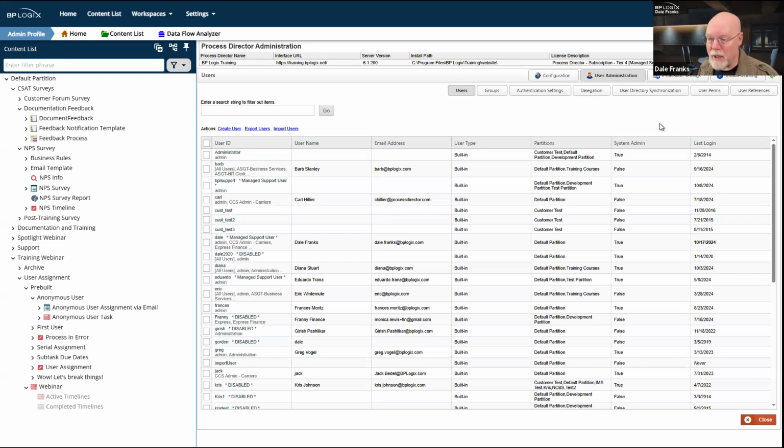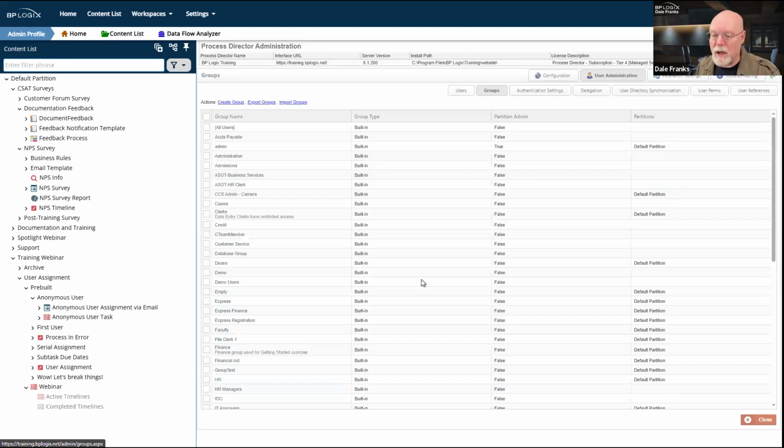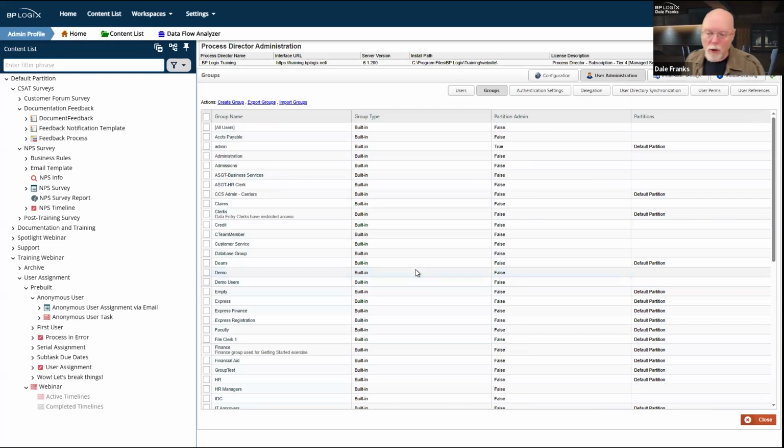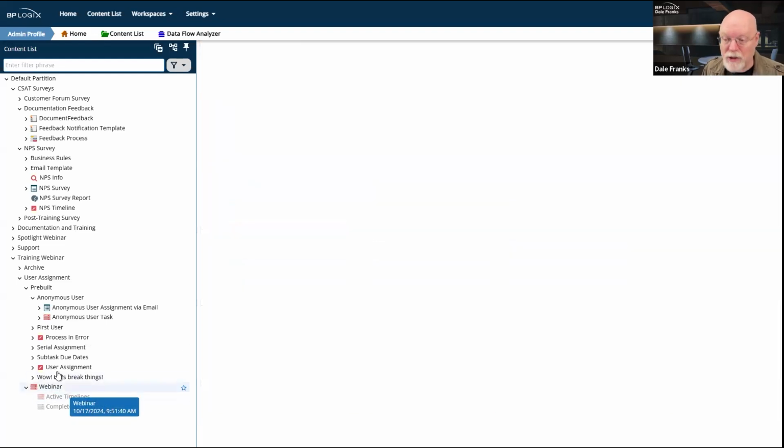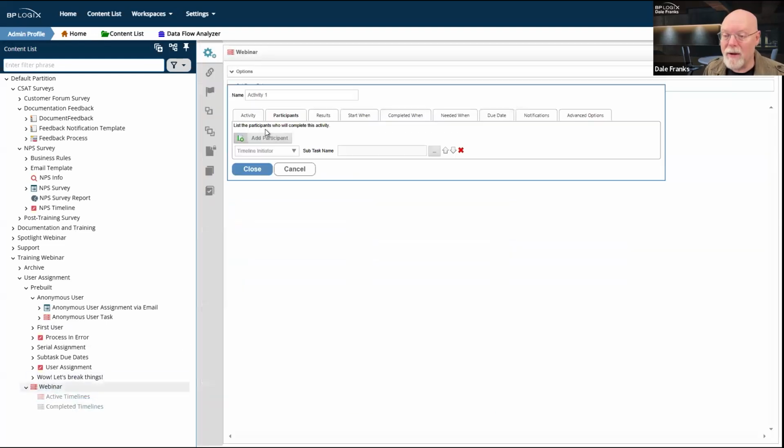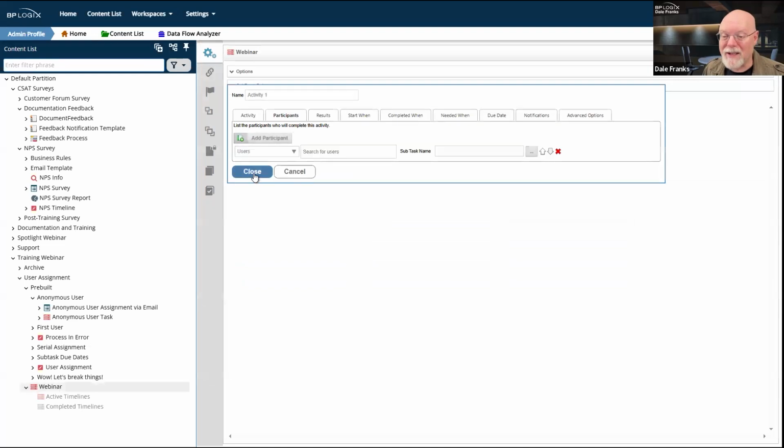If your environment is that everybody who builds applications is also a system administrator, well, then you probably don't care. You already have access to all of this stuff anyway, so it doesn't matter. So groups then becomes a really great way for you to manage task assignment. What we're trying to get away from, just so that you know, is assignment directly to a user.